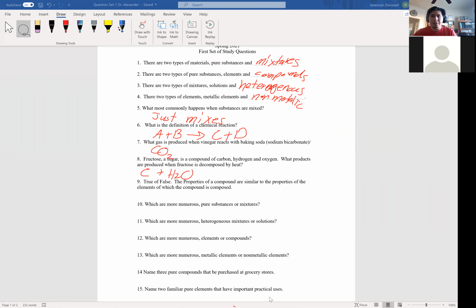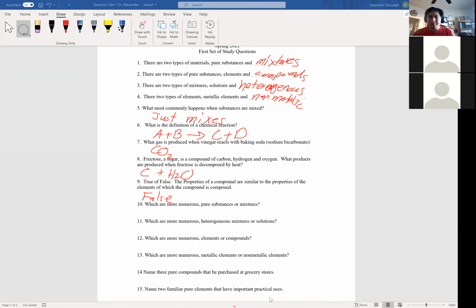So going into the true and false. The properties of a compound are similar to the properties of the elements of which the compound is composed of. Is that true or false? False. Well, it's false actually, because a little example I like to give